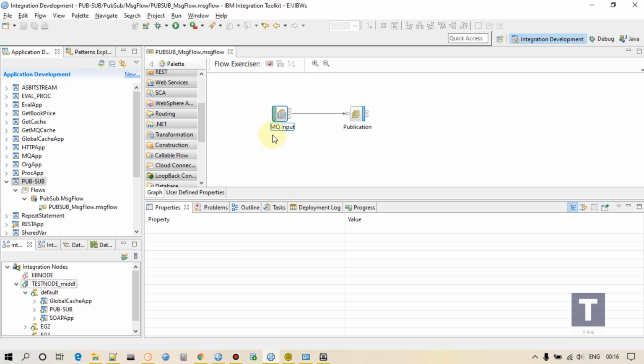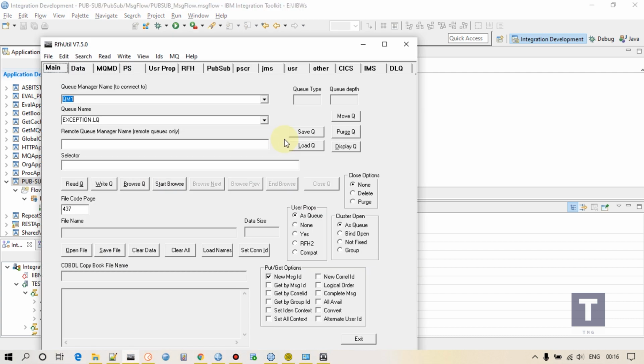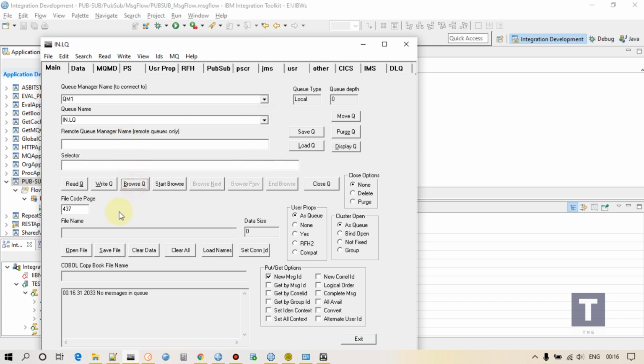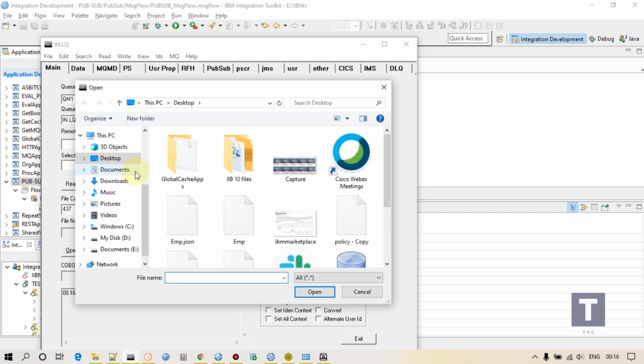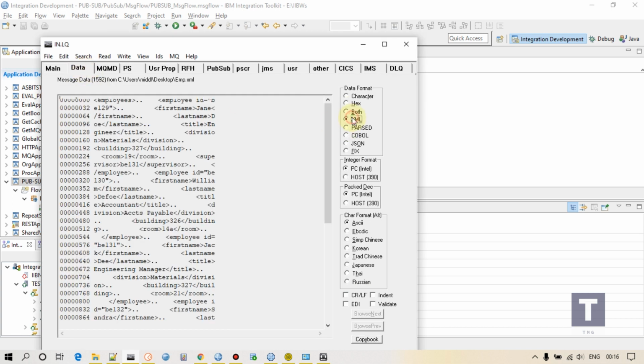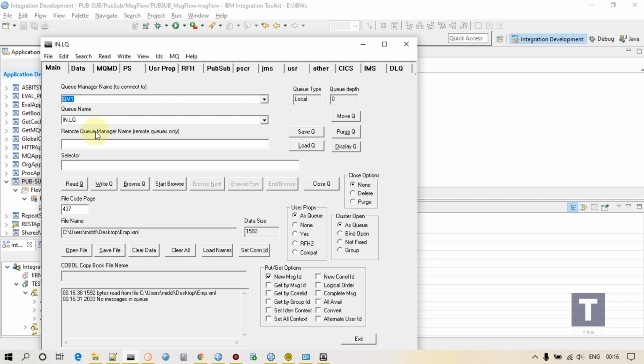Now PubSub is deployed. Let me open RFH util. Let me select this queue. Let me put this employee message here, Desktop EMP. Let me write it.